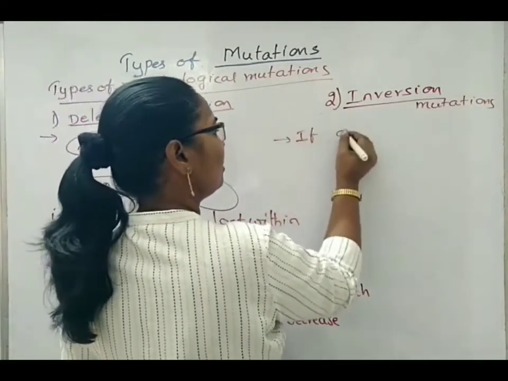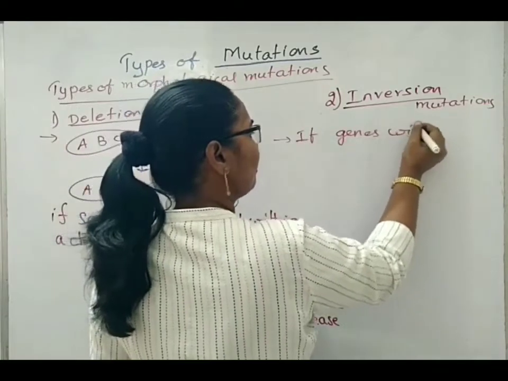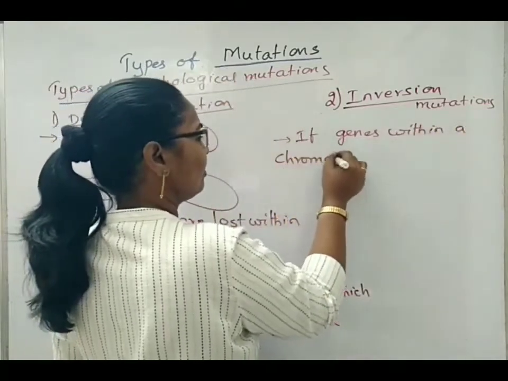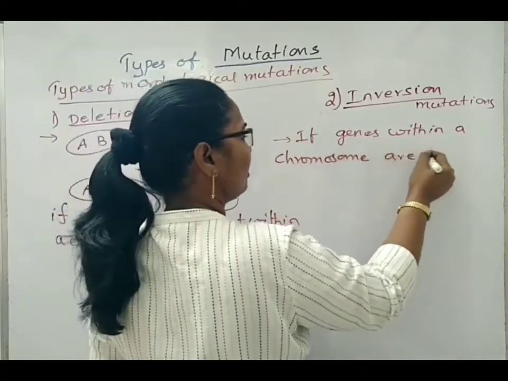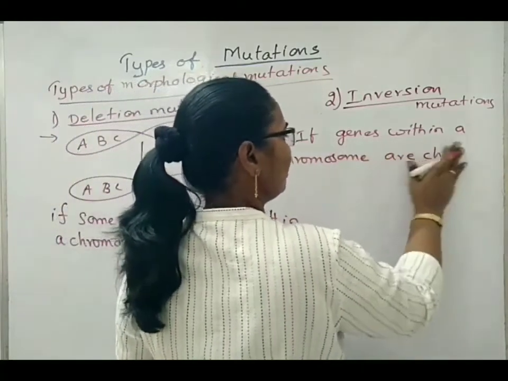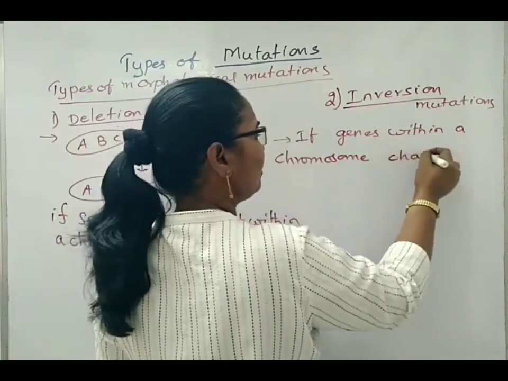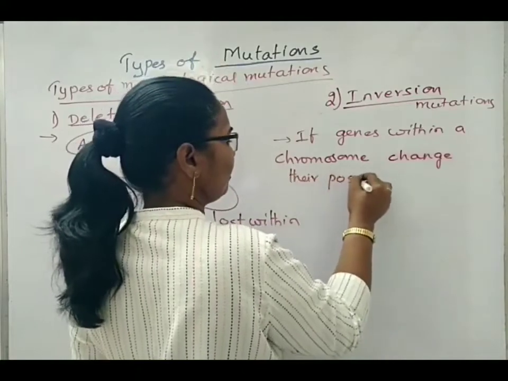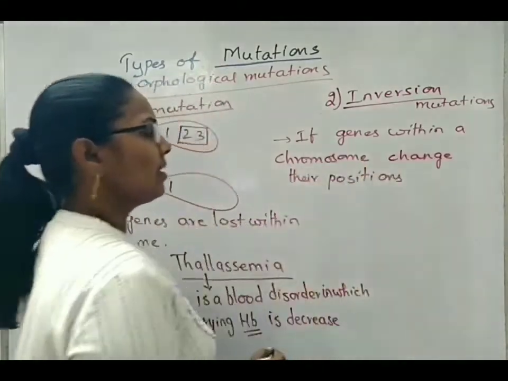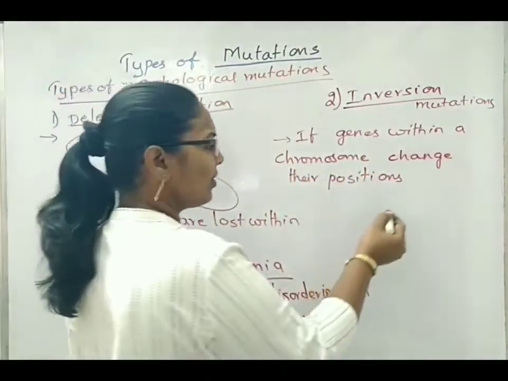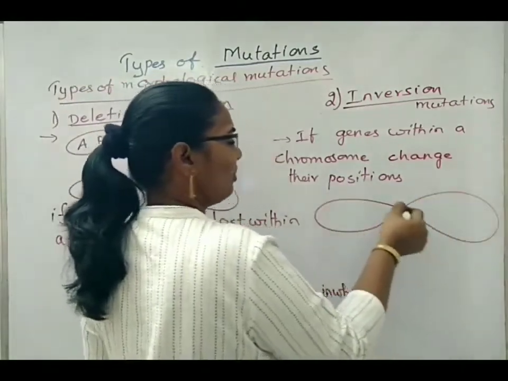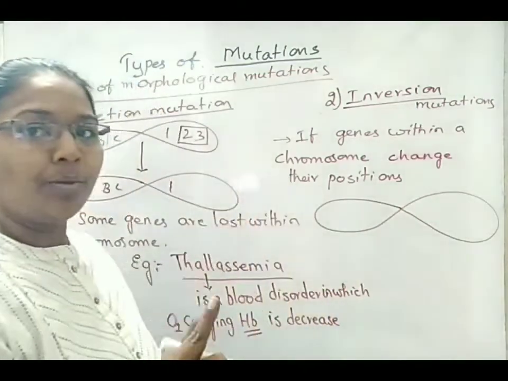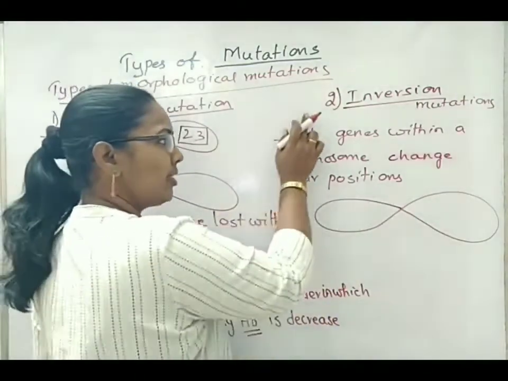If genes within a chromosome change their positions, then such type of mutations are called inversion type of mutation. I am not considering between homologous or non-homologous, I am just taking one chromosome and showing the diagrammatic representation of